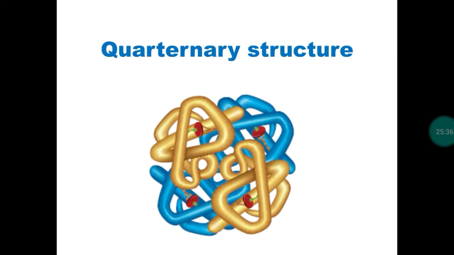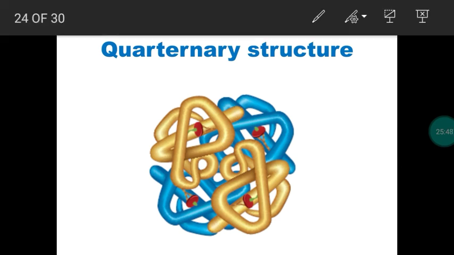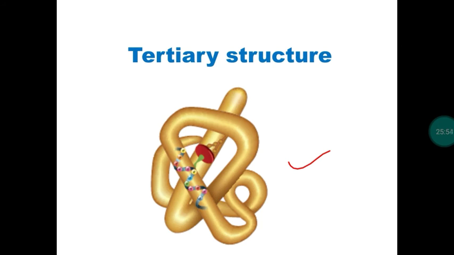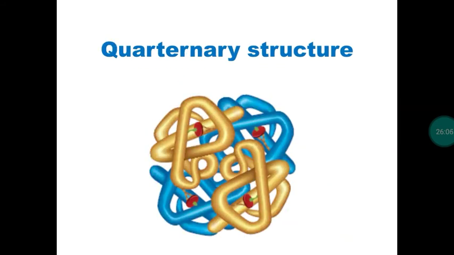Next, quaternary structure means in a protein more than one polypeptide chain is present, we will get one more three-dimensional structure. This is called a quaternary structure. So what about a tertiary? This three-dimensional structure of only one polypeptide chain is tertiary. Only one type of polypeptide chain is making a three-dimensional structure. This is called a tertiary. If more than one polypeptide chain, you can observe the color changes. One is golden in color, another one is blue in color. So different polypeptide chains are there. Okay. So if a protein has more than one type of polypeptide chain, we get a structure. This is called quaternary structure.